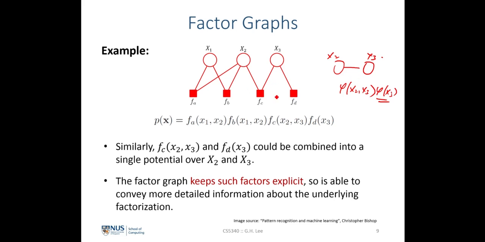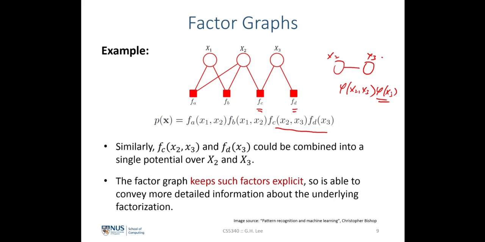But in this case here, when we are given this particular factor graph, the factors of FC and FD are explicitly encoded in this factor graph. What this means is that there is only one way of writing this factorization of the joint probability distribution, and it must contain FC and FD respectively. So in other words, the factor graph actually keeps such factors explicit, so it's able to convey more detailed information